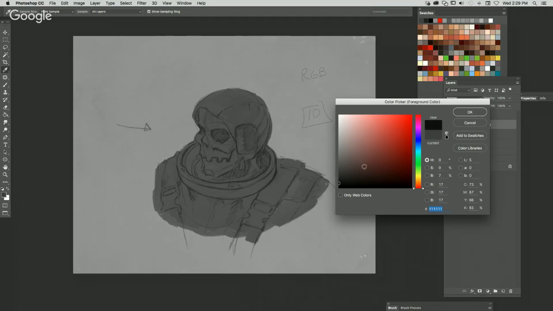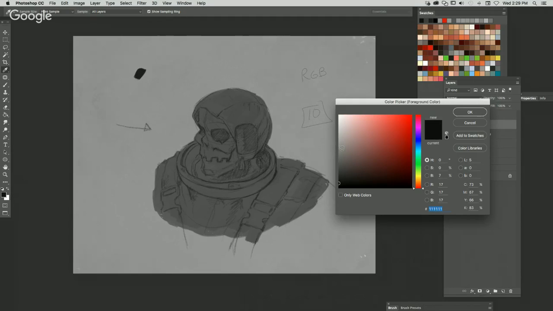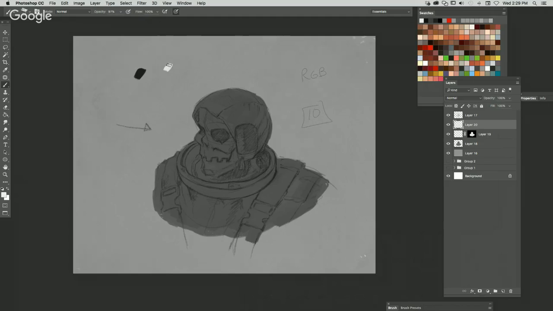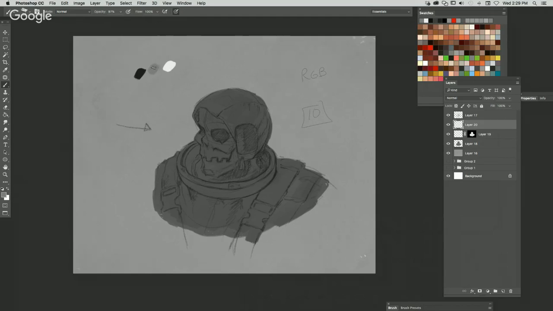So in this case, I'm going to put a kind of value scale. I don't want to do pure white or pure black though. Just so I have that there.